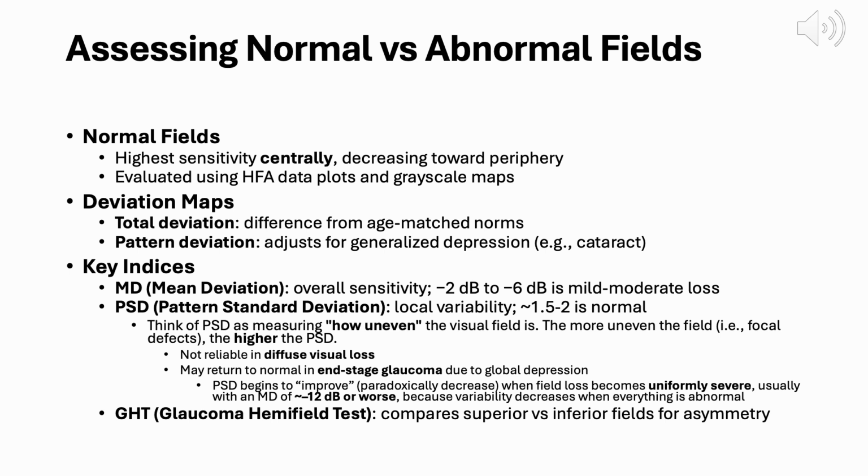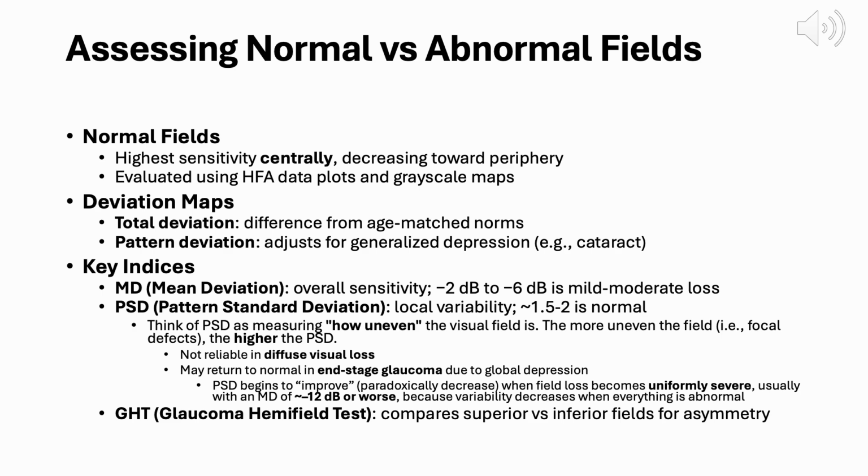The more focal the damage, the higher the PSD, unless the damage becomes so widespread that everything is equally abnormal, which paradoxically makes the PSD improve. That typically happens when MD reaches about -12 dB or worse. Finally, the glaucoma hemifield test compares the superior and inferior halves of the visual field, helping flag asymmetry, which is